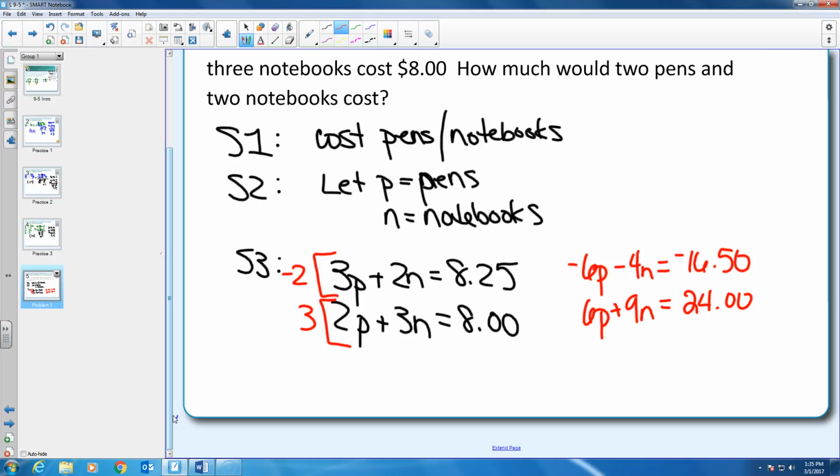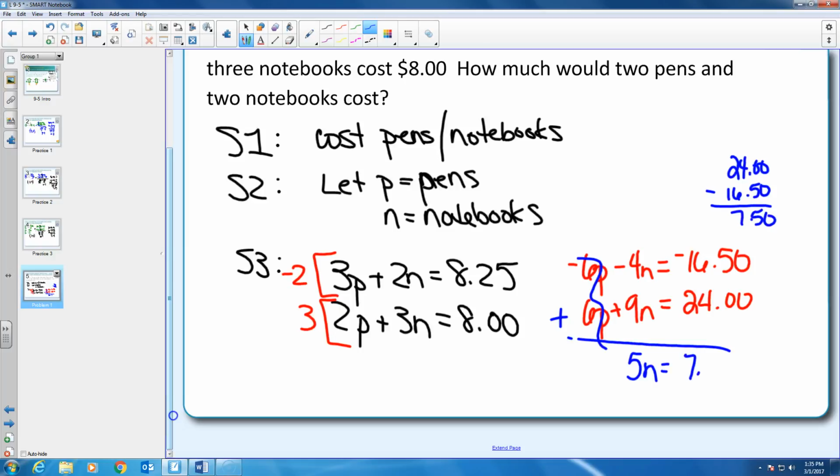Who automatically cancels now? P's. 6 P's cancel. So we're going to add what's left. What's negative 4n and 9n? 5n. What's going to happen when we do $24 minus $16.50? What's going to happen? We get $7.50. What happens if we divide both sides by 5? Notebooks cost